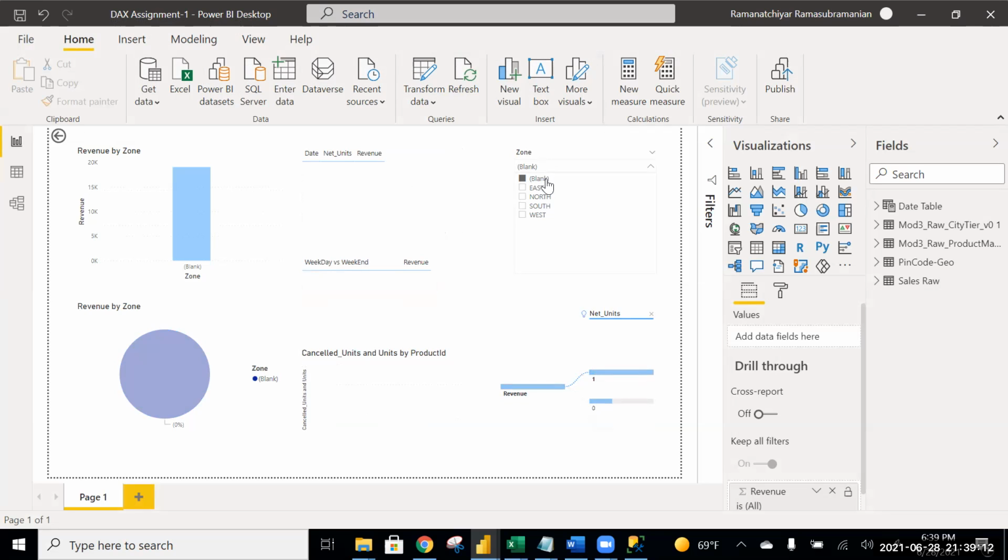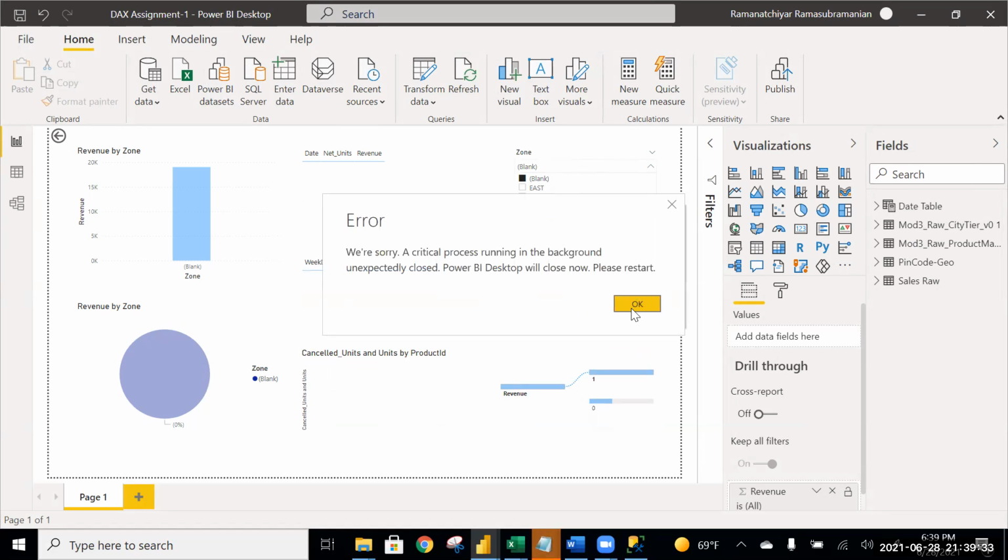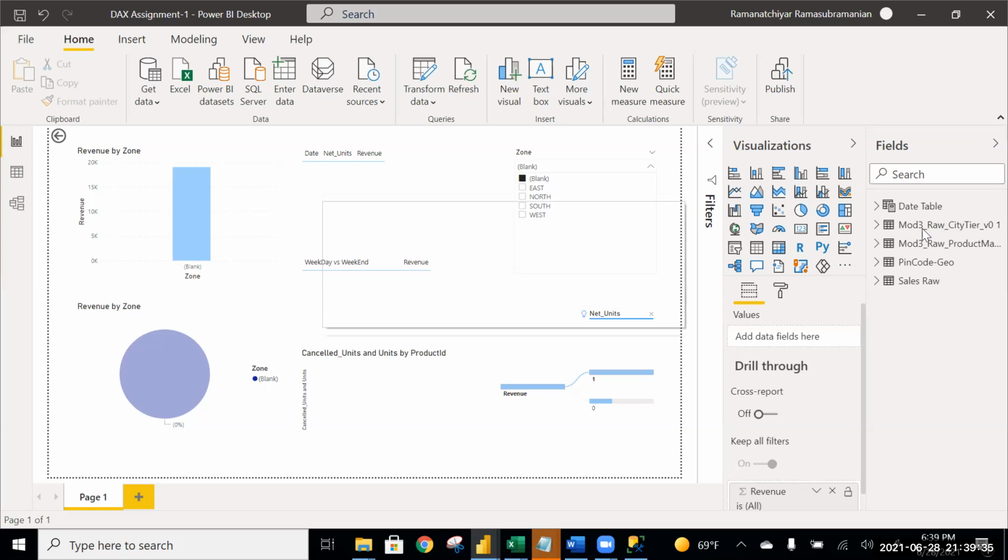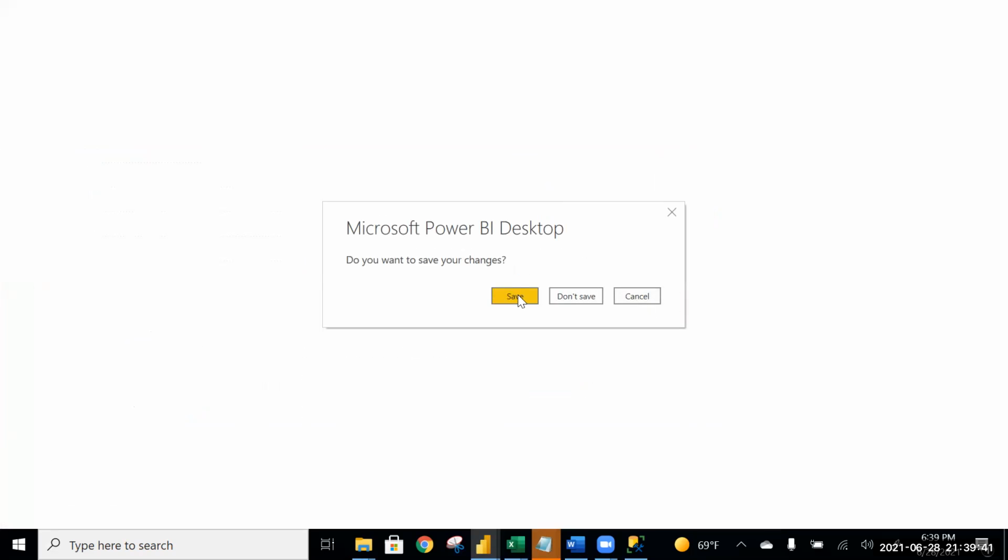And which table is this? Just click on that filter. No, you have already shared this file. Let me take a look at it. I have shared. I'll take a look at it.